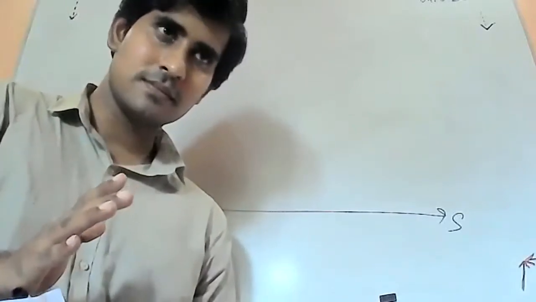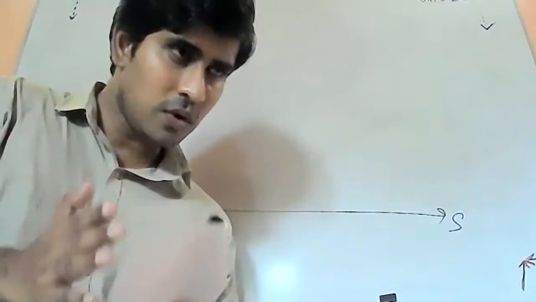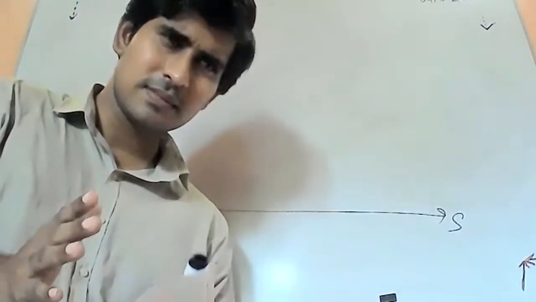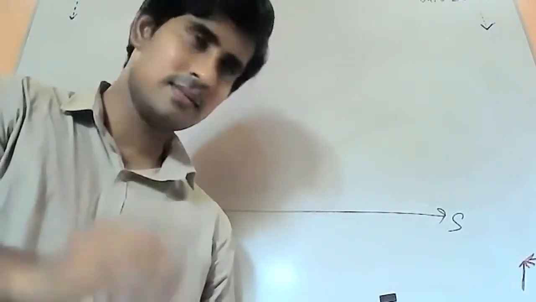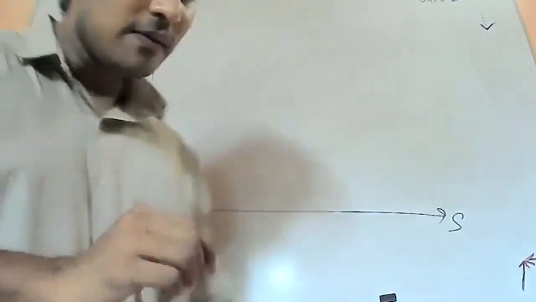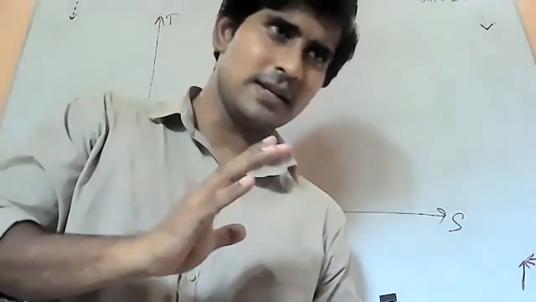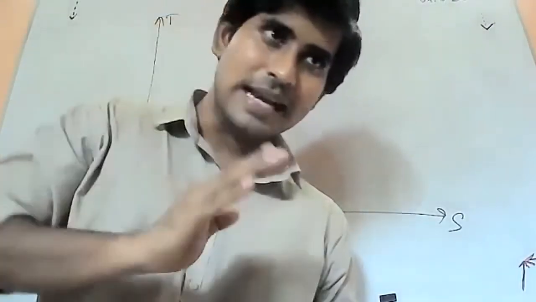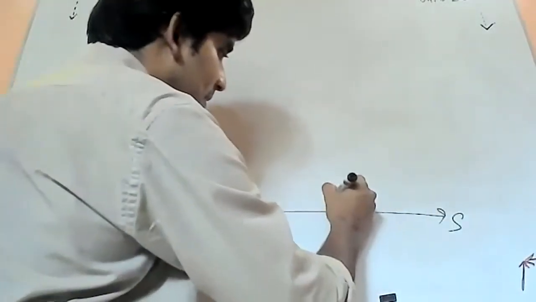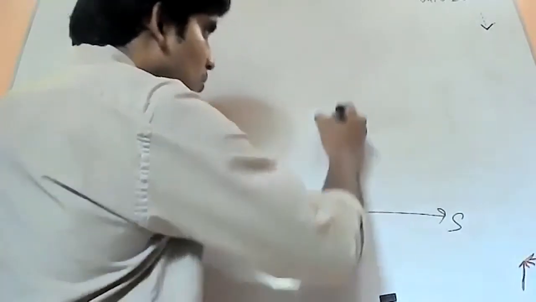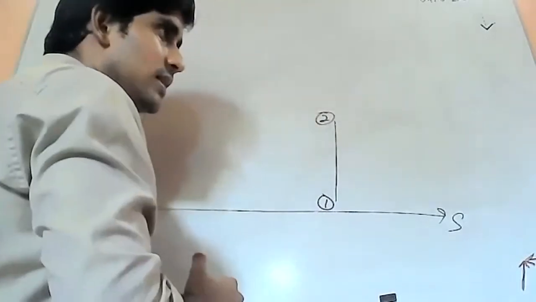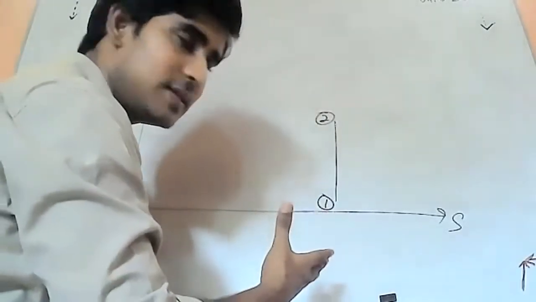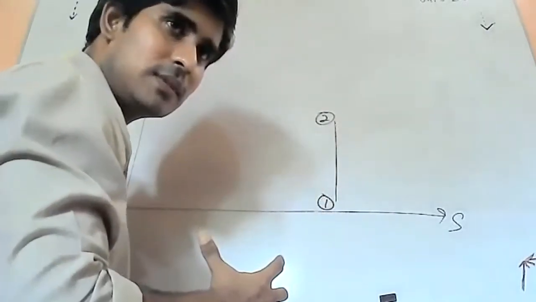First compression. First compression occurs at the same entropy. The reason is that it is adiabatic, right? But when you compress, definitely the temperature rises, but the entropy level is the same. So let's start it there. 1, 2. So now what is 1, 2? 1 is the input to the first compressor. 2 is the output from the first compressor.